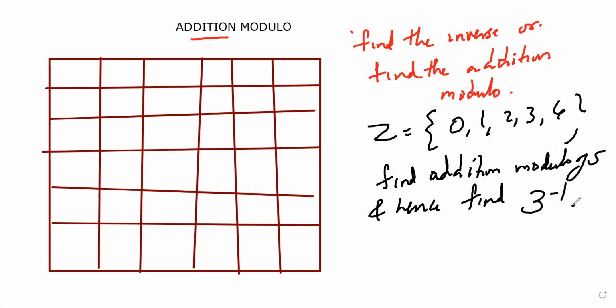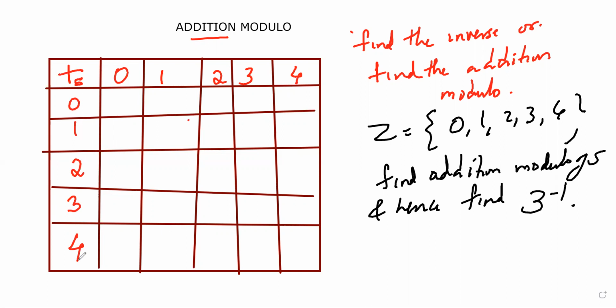So first thing is addition modulo requires what? A symbol as addition. First thing. Correct? So I'm writing it here, big plus, and I'll write here 5. Now what I will do is I will write these elements here. 0, 1, 2, 3, 4. Okay, very easy stuff. 0, 1, 2, 3, 4. Below also 0, 1, 2, 3, and 4.